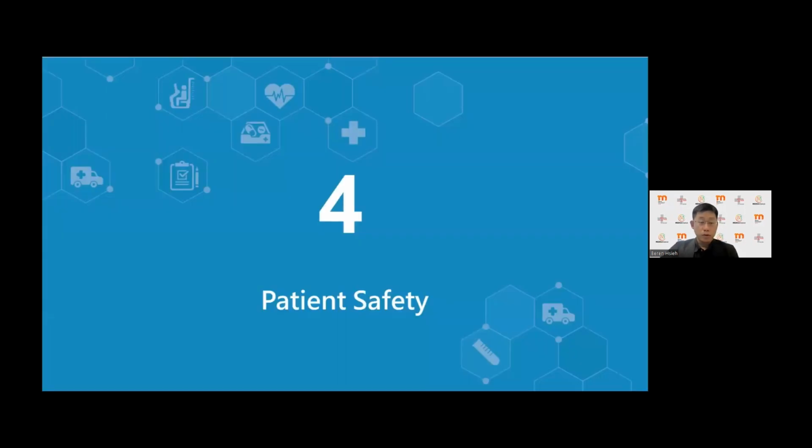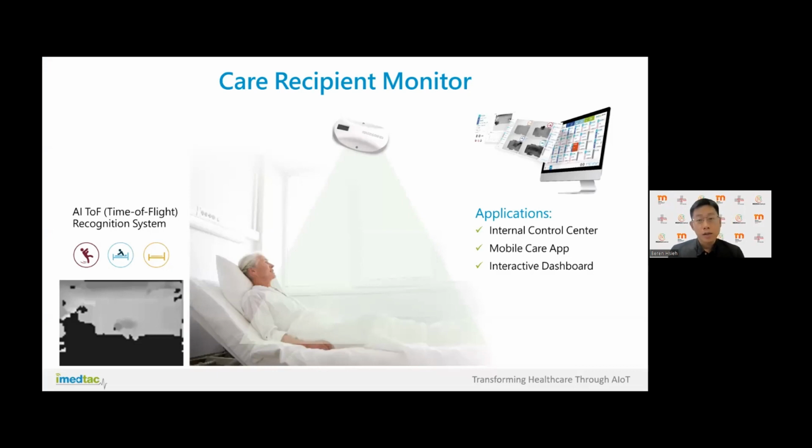Okay, and the second question we said is usually patient safety. So actually, we also have these patient safety sensors, and this is a little bit different from the ultra wideband. The detecting technology we use is infrared. So same, this is a non-wearable device. It's not a visible camera. We put this one in the wall or on the ceiling, so you can detect the raw data. The raw data looks like this, only the shape with grayscale, and the grayscale means the distance. So it actually is a 3D